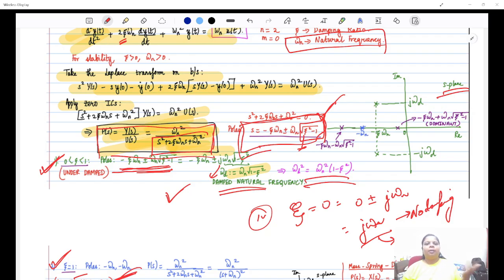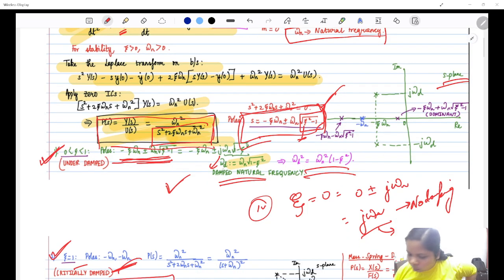Okay, inside, outside, it is just happening. If there is just slamming of the door happening over there and there is no damper present over there, so it is just the natural frequency of the door with which it is oscillating. But if you have a damper present over there, what is coming into effect? Definitely it is not going to just remain omega n, it is going to be omega d, which has a natural frequency, and it is getting damped by a term which is multiplied as under root 1 minus zeta square.